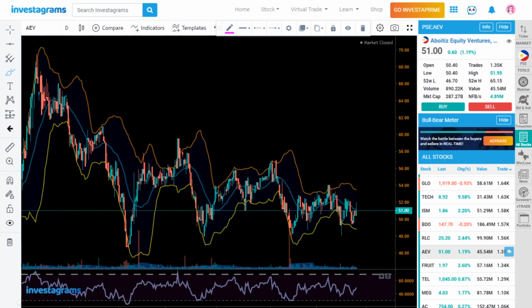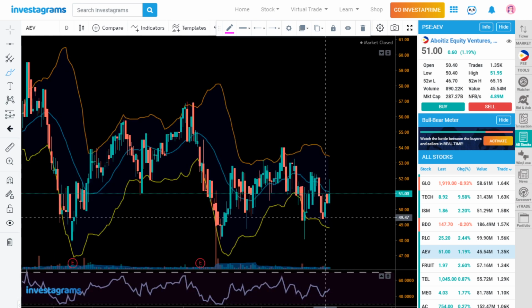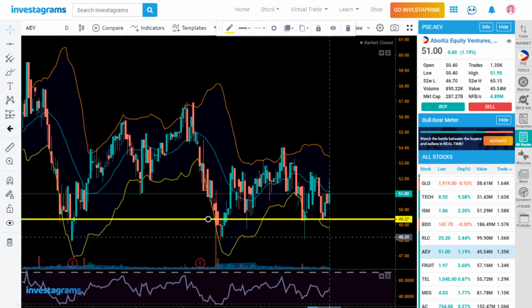AEV is just going sideways right now. So in case the market gives us a chance again, in case it dips back here, the key area to watch and check would be 49.50,